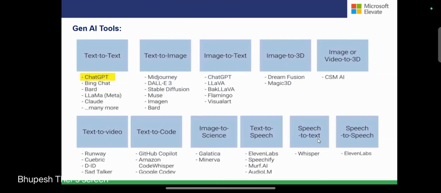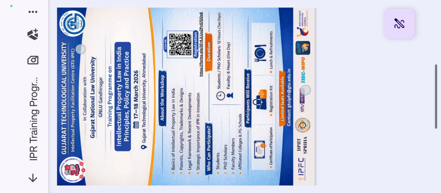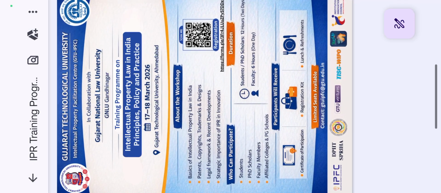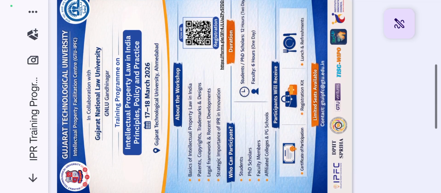Yes, even ChatGPT will do that. Text to image, yes. If you provide the prompt, you can get the image. There are different varieties of tools, and each one of the tools has a unique ability. In upcoming sessions, we're going to talk majorly about different large language models, and we'll talk about AI agents.